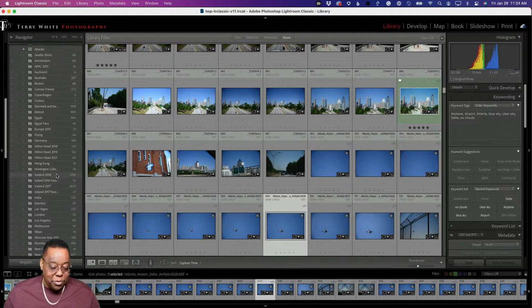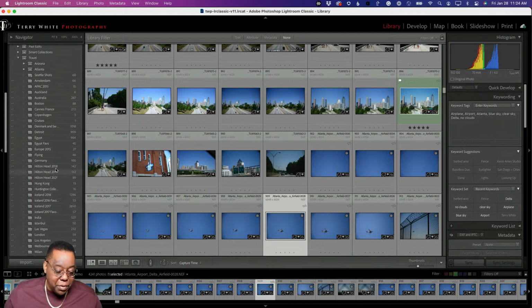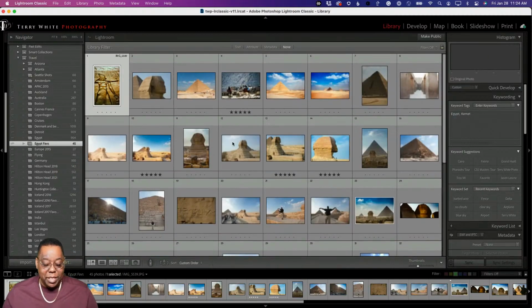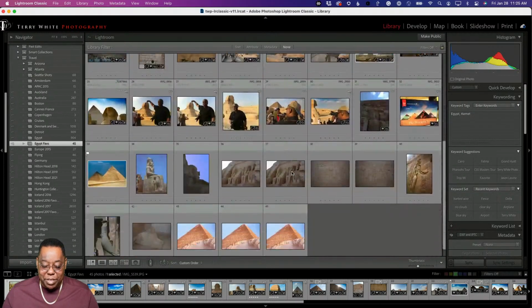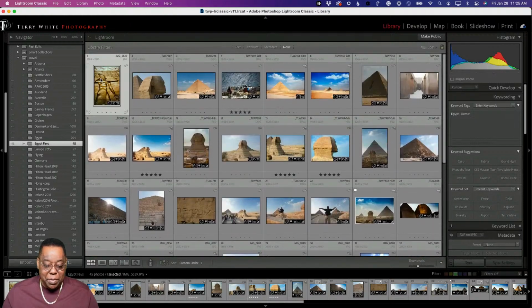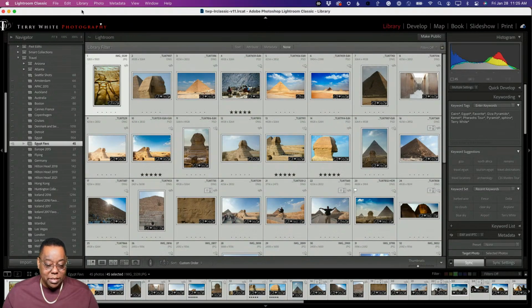So if I were to go to, for example, Egypt faves, because I made a sub-collection of just my favorite images in Egypt, then I'm going to find them. And I'm also going to see that, yep, back in those days, I wasn't renaming my images properly either. So I wouldn't find these images if I didn't have them organized that way, unless I used keywords, which I did, or unless I went specifically to that collection. So again, this is another opportunity for me to rename these images to something more searchable from an image naming perspective. So once again, select all,